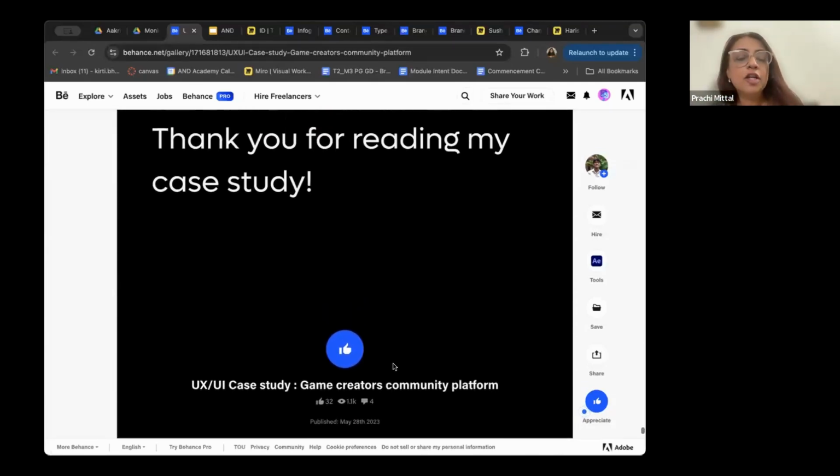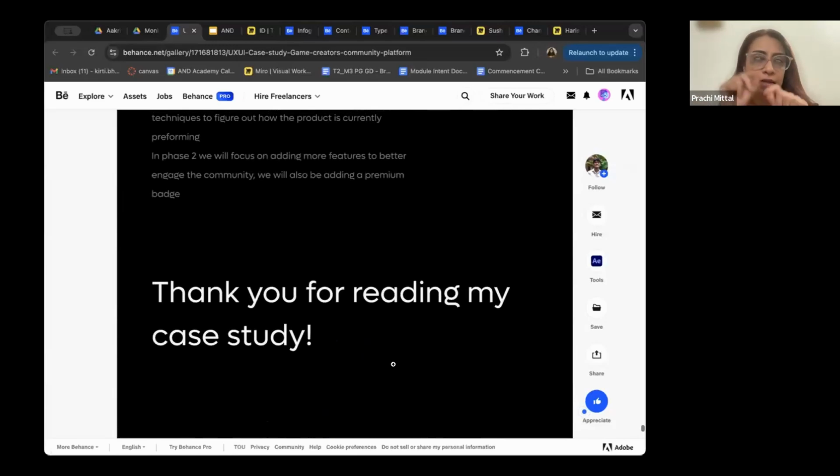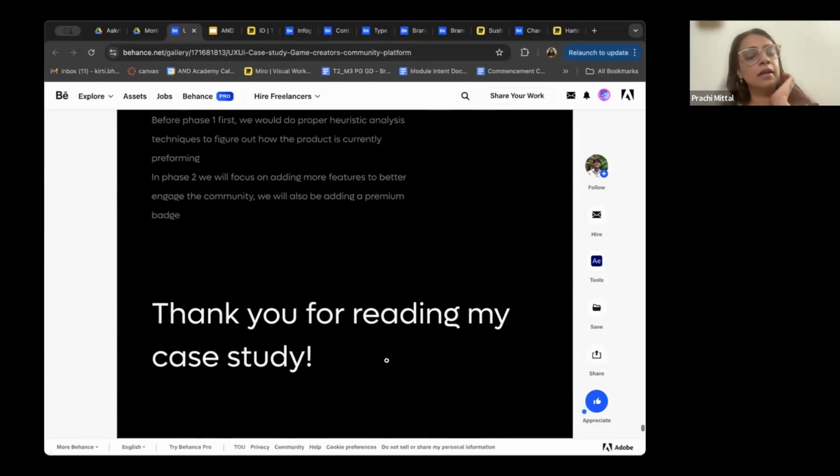Right. Okay. Wonderful. So that's what it is. Sorry, there's that video of his prototype is not here. But I think you've got a gist of what the UX UI process is. So it's quite a deep dive, quite brainy and visual both. So it's intellectual and visual both. And if that excites you, then UI UX is something that you can do. It's not just about making shiny outcomes that look beautiful or evoke happiness in you. But there's a lot of thinking that goes behind evoking that sense of satisfaction.